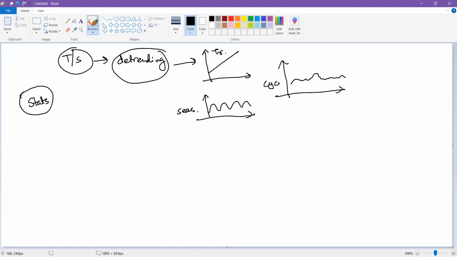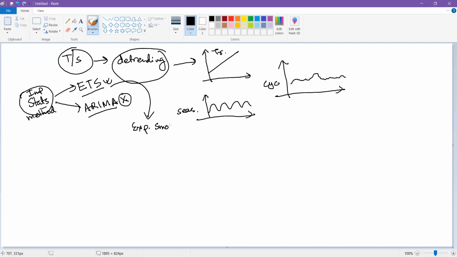Now, if I want to look at the most important statistical methods, only the important ones, if I don't want to learn everything, I just want to concentrate on the most important or most used ones, then they are known as ETS and ARIMA, right? I'm not going to define what ARIMA is right now because you will not understand it yet. I can define what ETS is because this is a pure statistical method, and it is also known as exponential smoothing. It involves a lot of statistical tests also.